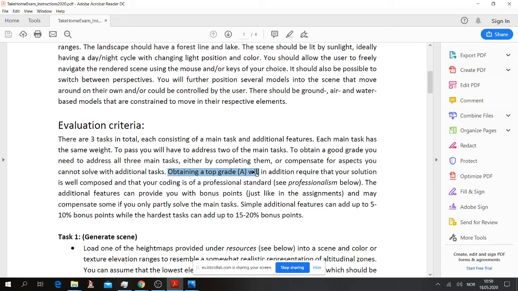This is basically what we've been talking about throughout the course, and you have gotten some feedback from Carl and Leon on this. And of course, this is not only important to obtain a top grade. That will be validated in any sense when we look at your solution. So if we say, should you get a B or should you get a C? Well, if you have a nice coding standard, that will definitely count in your favor. So this is important in all respects, all over the scale. But to obtain a top grade, this should be part of the solution.